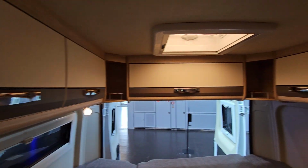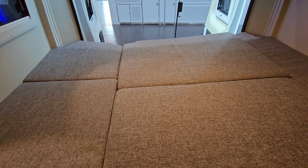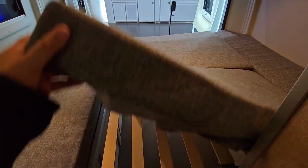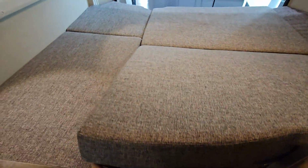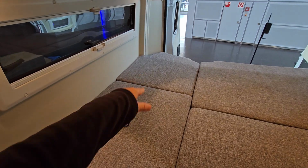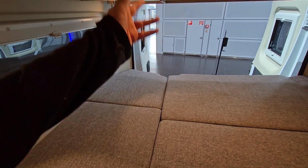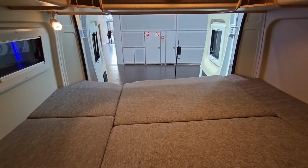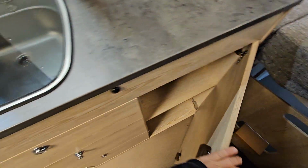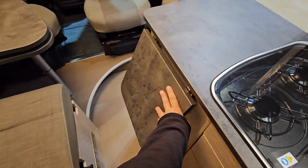And storage around the side like that, and here we've got the bed. Now there's 5 parts to this bed. Why is that? It's because it's got 5 parts under it, and parts of it actually come up, so you might want one part up and another part not up. You could even sit on this side and then have a view outside. You might need it for storage. In here, more storage, drawers down here, there you go, kitchen extension here,